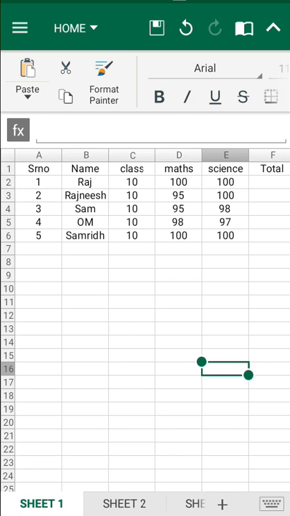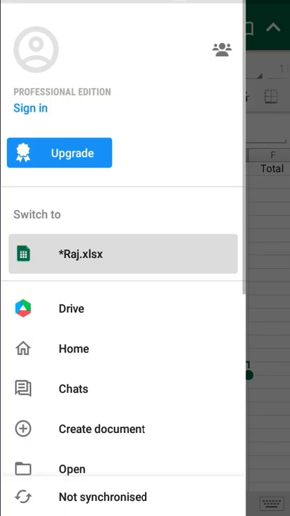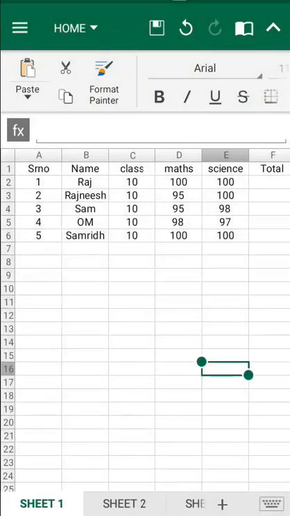The extension of Excel is .xls. I have created a database, and if I want to save it, I have to go there, enter the name of the file, and save that file with .xlsx. It means that I am working in advanced Excel.